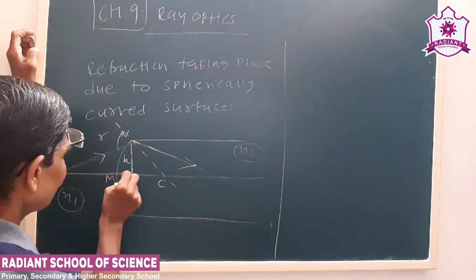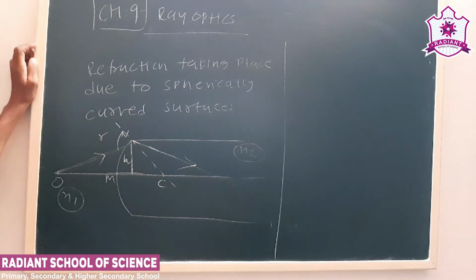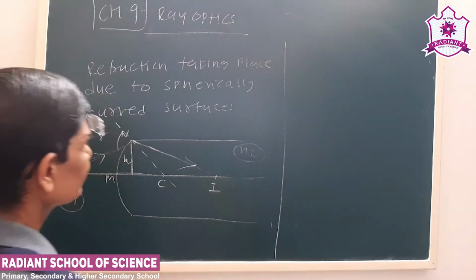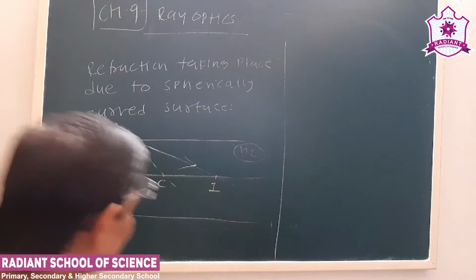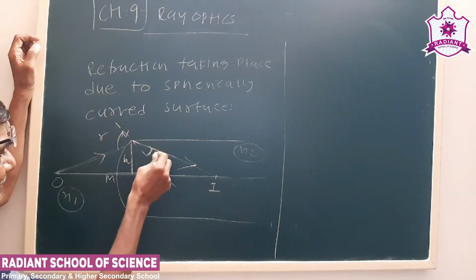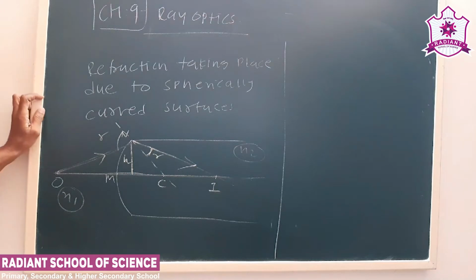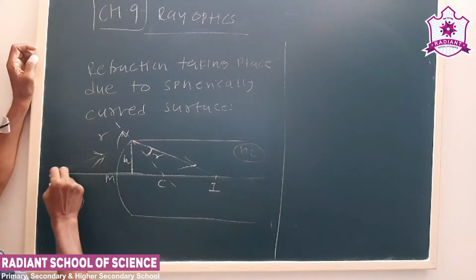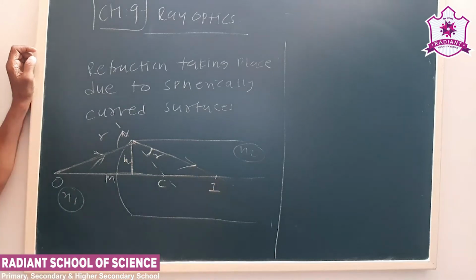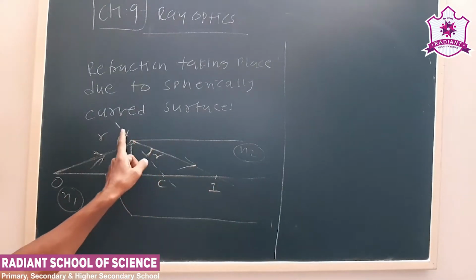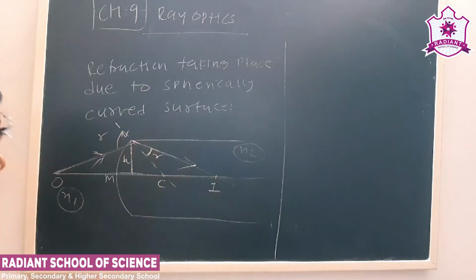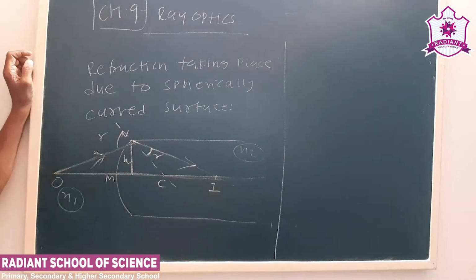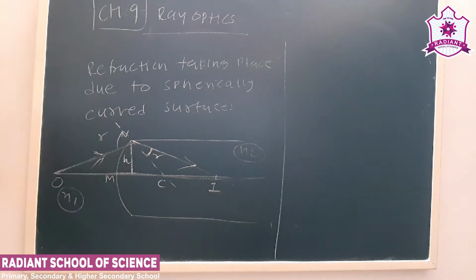And the second ray, if I consider it to pass through the center of the spherical surface, we consider it with angle i. And this angle with the normal is r. So this is the first incident ray. After refraction it moves toward the normal. This is the normal we have considered. The second ray moves in a straight line, so the image I is formed. Now here we have to use Snell's law also.